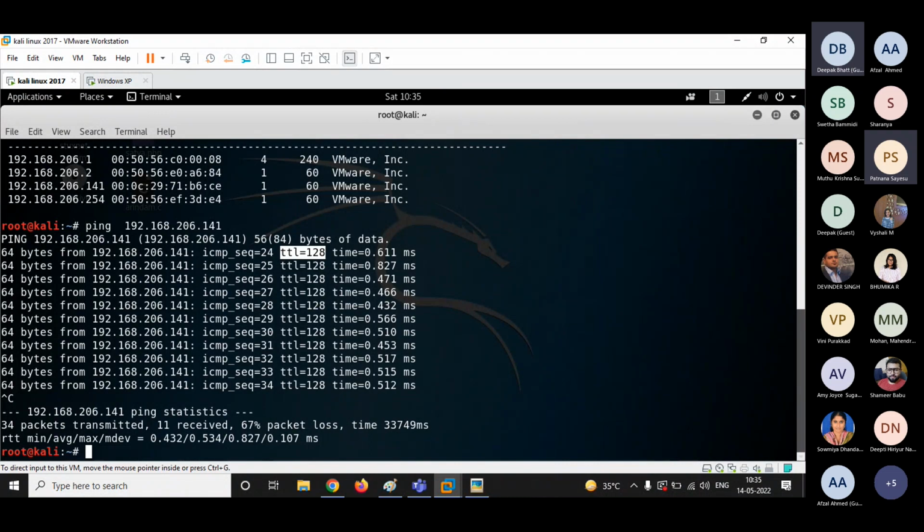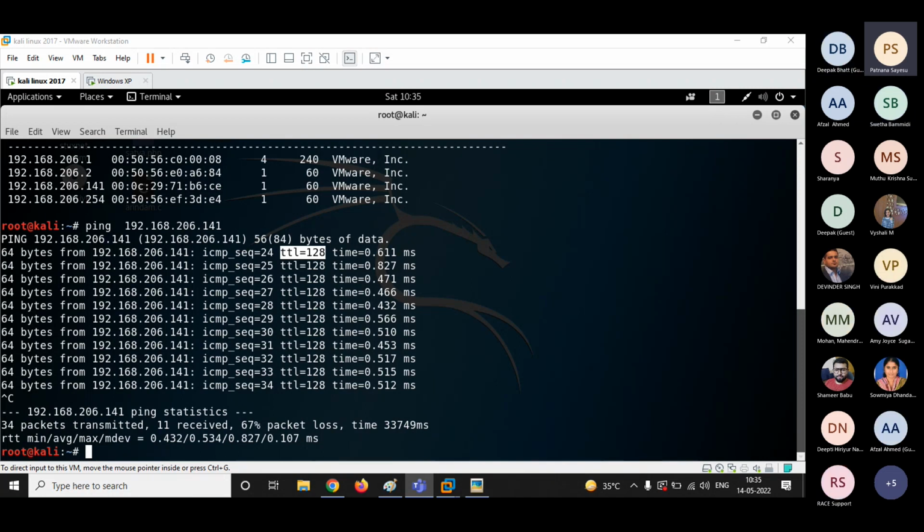For that, what is the technique that we will be using? Sharanya, what is the technique that we'll be using to get the complete details of the operating system of the target machine? We have Nmap, sir. Nmap is a tool. Correct. It's known as banner grabbing. We will be performing banner grabbing.